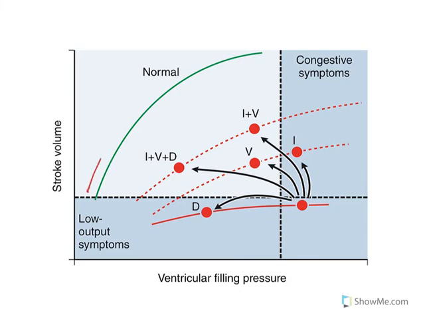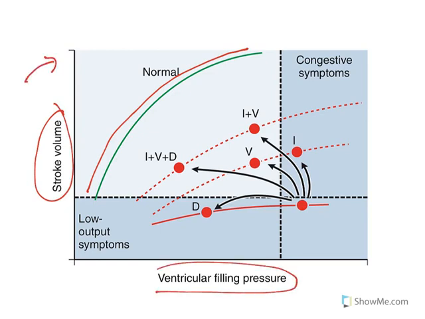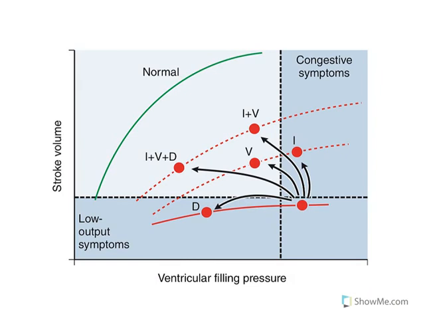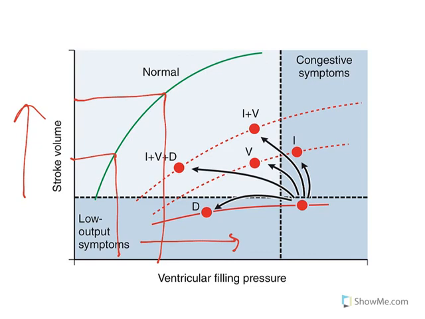Now this is the last thing. See, this is a normal curve. In a normal heart, what happens is stroke volume, meaning the amount of blood coming out of the heart, increases with increased filling pressure. If more blood is there inside the heart, with every contraction more blood comes out. So this pressure is related to the volume of blood coming out of the heart. This is what is depicted here. See, in this direction pressure is increasing, and this one is stroke volume, the volume of blood coming out. When the pressure is increased, this is the stroke volume. When pressure is even more, this is the stroke volume. So this is the normal heart.